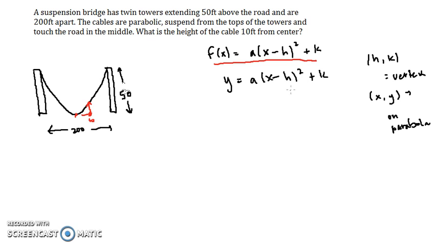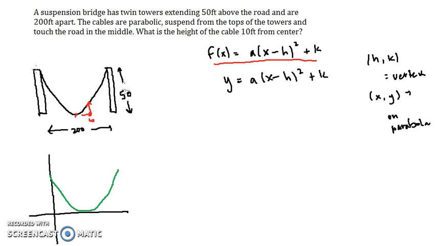Okay, so what do we need? We need the vertex, and we need a point that's on the parabola. So what we need to do is take this picture and put it onto a coordinate axis so that we can figure out some points here, because we need a vertex and a point. There are a few different ways that you can draw this onto the coordinate axis. But I think the easiest way, or at least the most consistent way, is to just always draw it from the left to the right. That makes all of your x and y values positive, which sometimes makes it a little bit easier to deal with. So if we draw it like this,